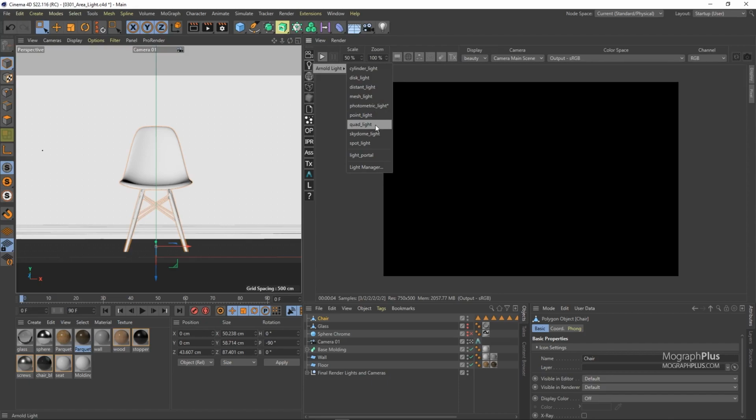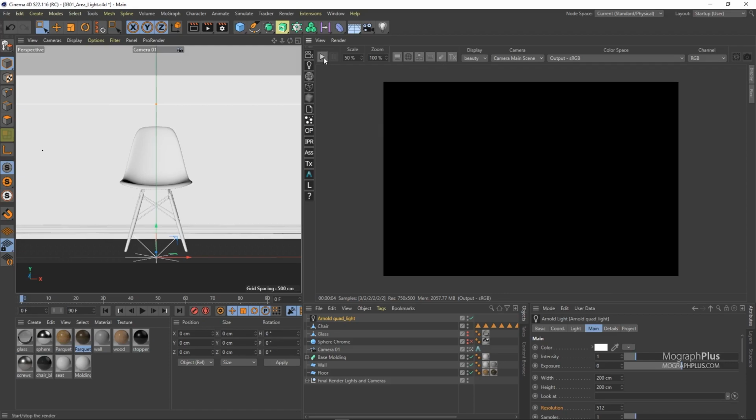Quad light is exactly the area light that we are familiar with in Cinema 4D, that rectangular light that emits light rays from every point on its surface. And this is the light type we use all the time because it resembles that smooth, soft lighting from softboxes in the real world. So it's pleasing to the eyes. We start with that to see what a typical Arnold light has to offer. So let's add an Arnold quad light